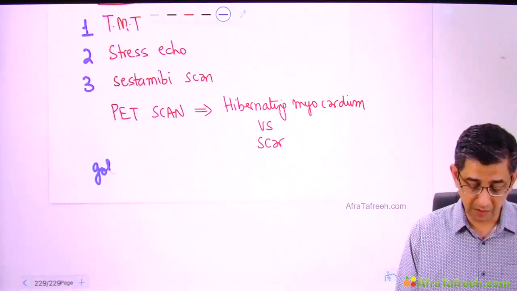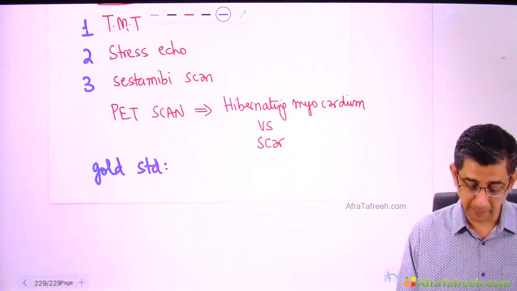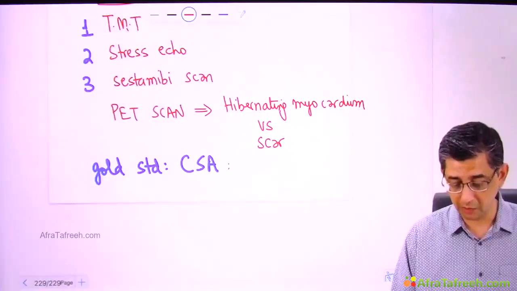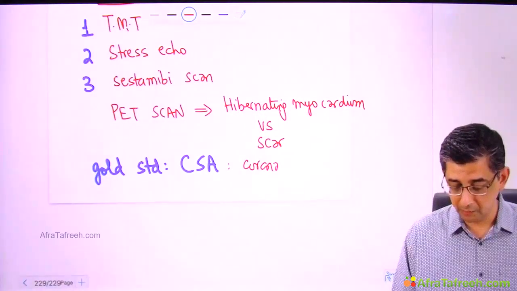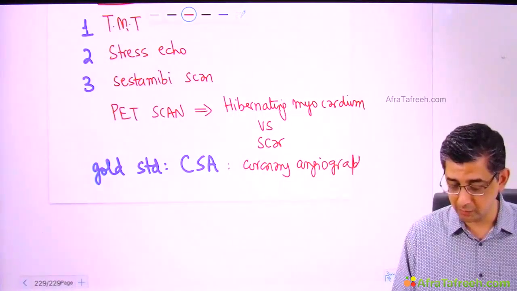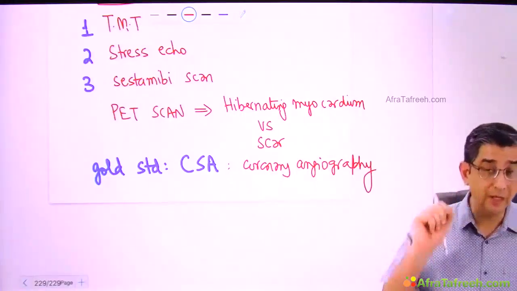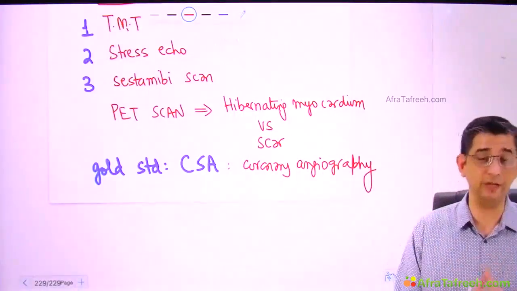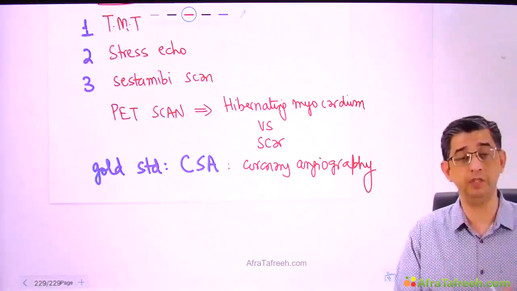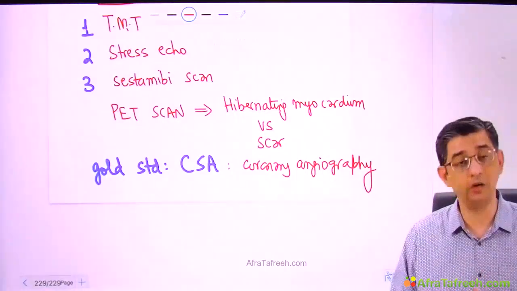However, if he just says the word, what is the gold standard test which will help you in evaluating this particular patient, then your answer would be given as coronary angiography. The approach that we can use is either a transradial approach or we can use a transfemoral approach. This is real-time evidence. This will tell you exactly where is the blockage present, what is the percentage of blockage. You can identify triple vessel disease versus a single vessel disease by coronary angiography.